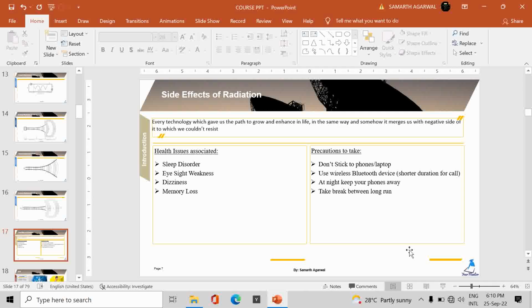And then precautions, what are the precautions we should take? Don't make too much use of your electronic devices like laptops and phones, because during night time also we are having